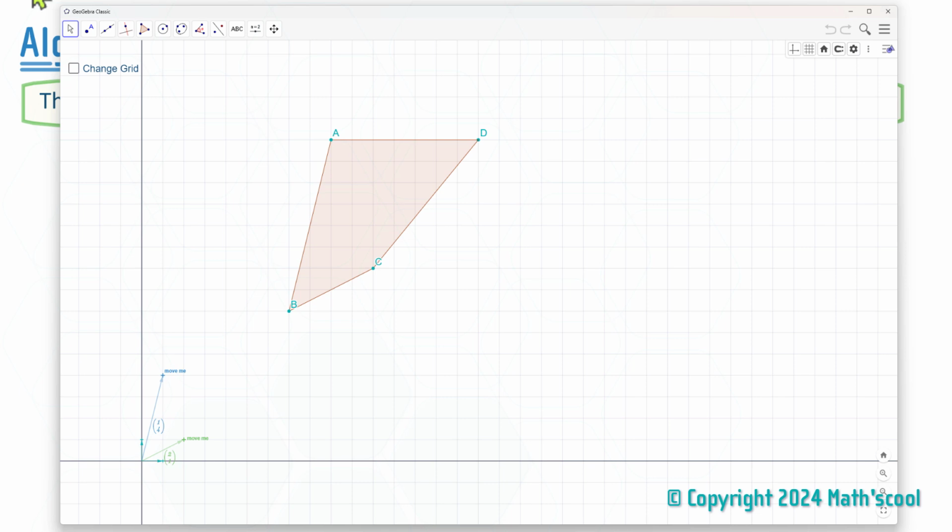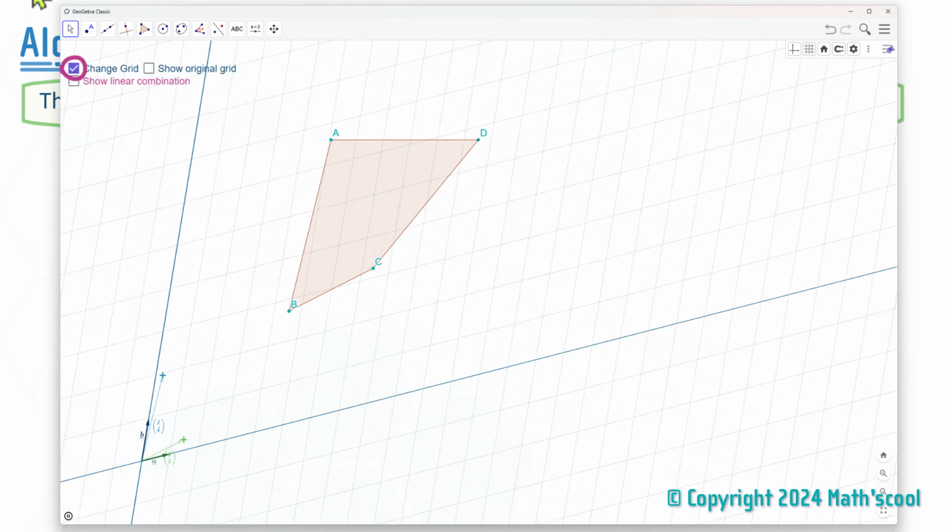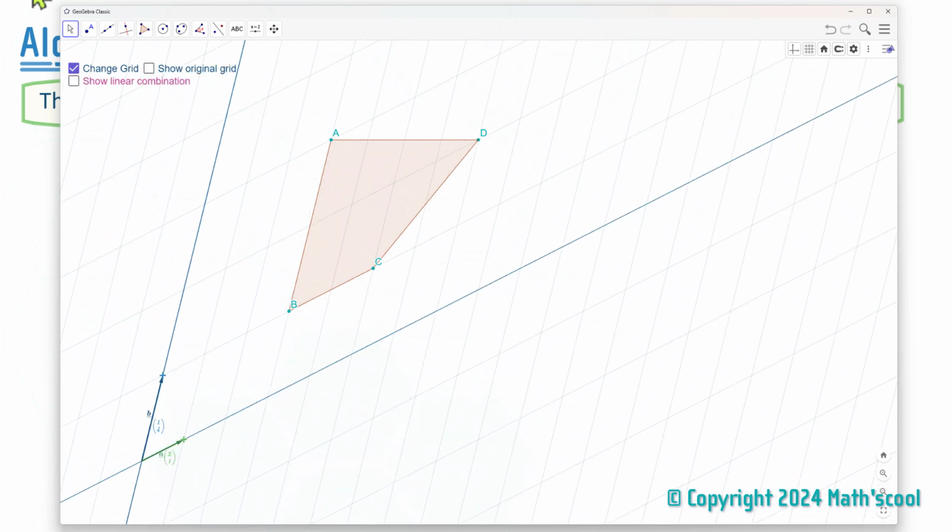But what I'm telling you is that actually this shape has an intrinsic structure which uses these two vectors. So one of the vectors is 2, 1 and the other vector is 1, 4. And if I change my grid so it uses this as my basis vectors, you'll see what happens. And so all of a sudden, you see the shape becomes much simpler. Using these as my basis vectors,